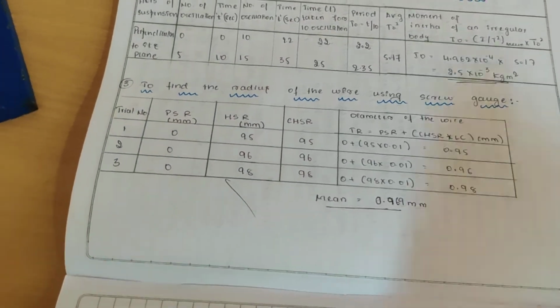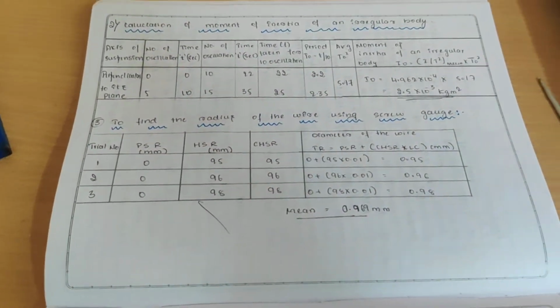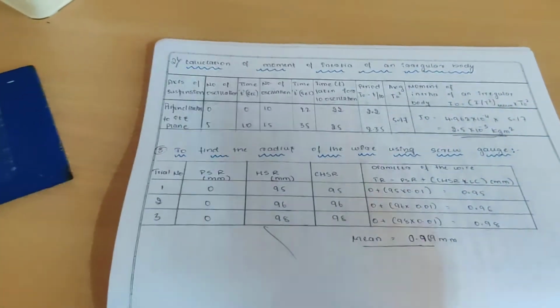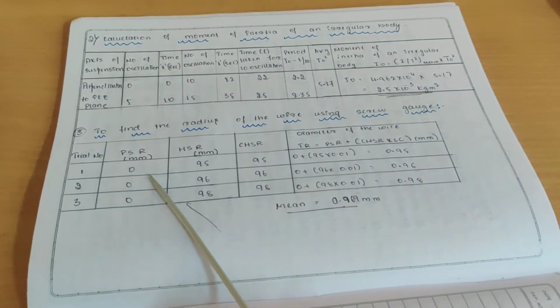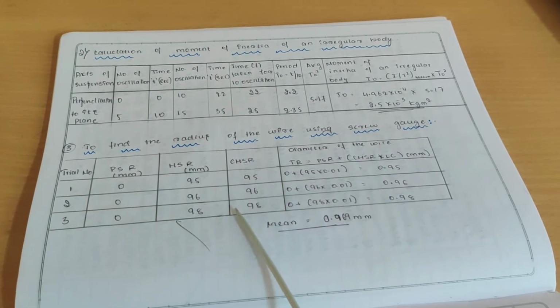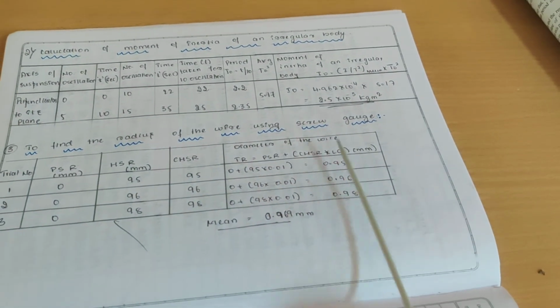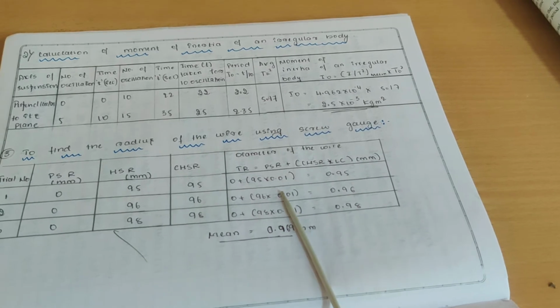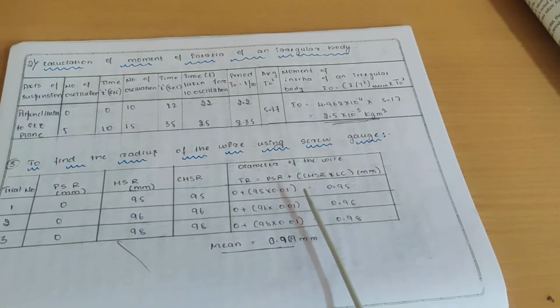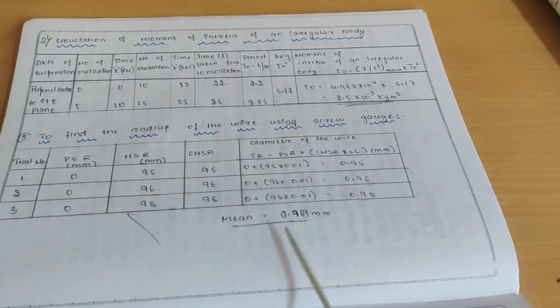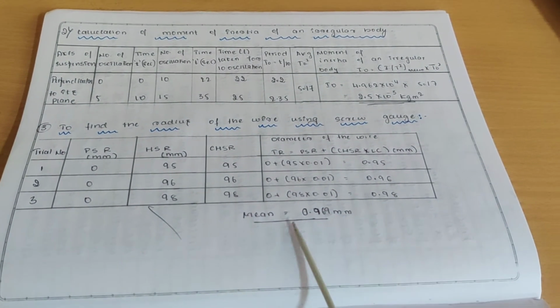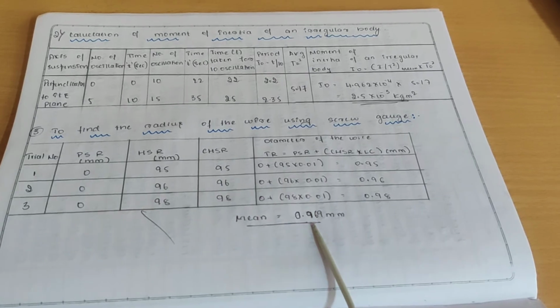Now to find out the radius of the given wire. So how can we calculate the radius of this wire? By using the screw gauge. In this screw gauge, we record pitch scale reading, head scale reading, and total reading, by calculating the least count. Least count of this screw gauge is 0.01 millimeter. So by using this, you are going to calculate the radius of the wire, and the radius of the wire we have recorded is 0.969 millimeter. Okay, now by using all these values,